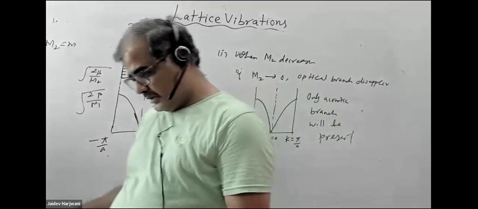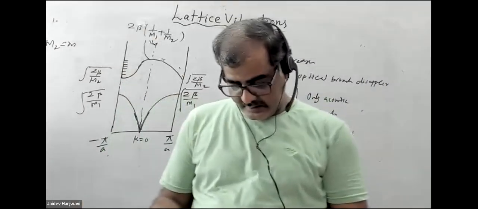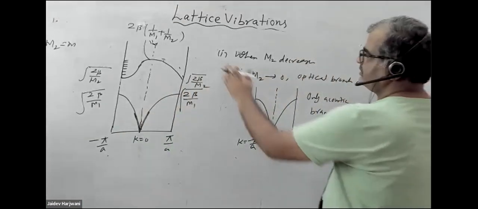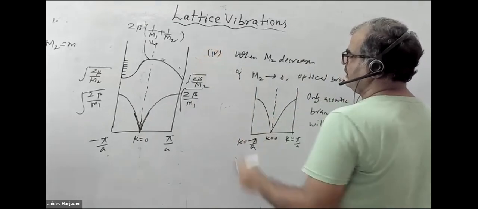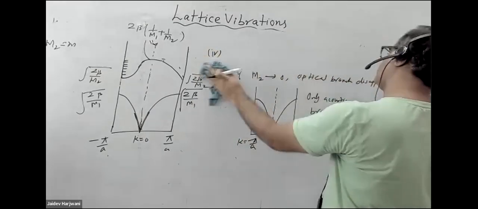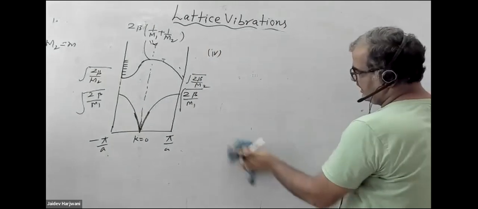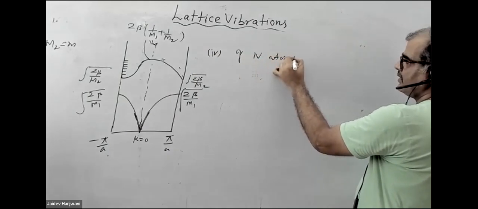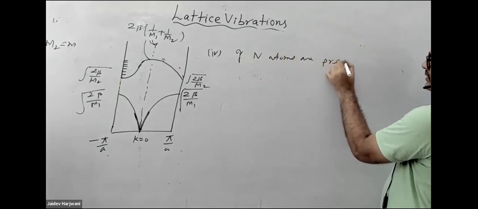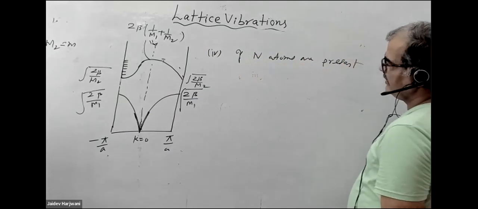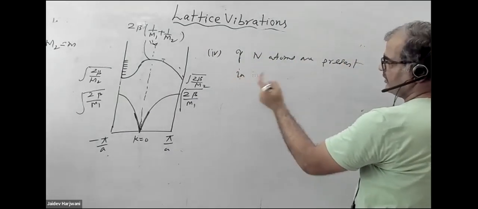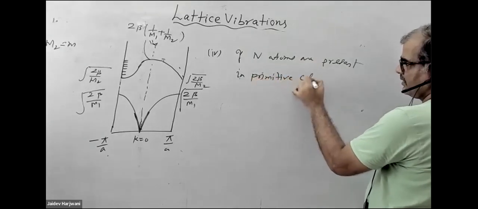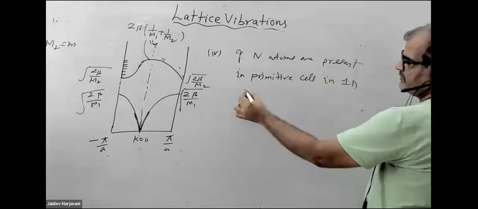Now this was the third point, no? Point number four: if n atoms are present. If n atoms are present in the primitive cell or in the lattice point, in 1D, then